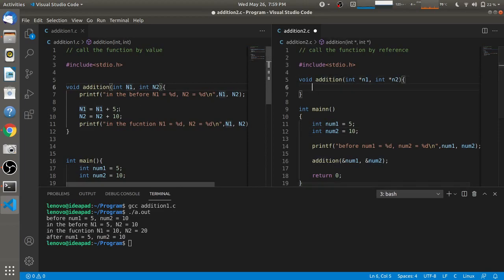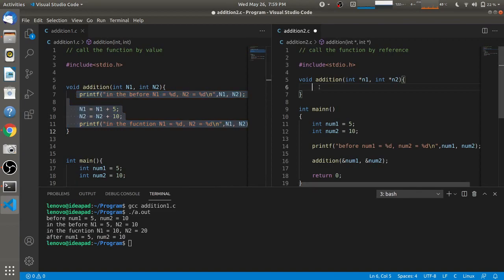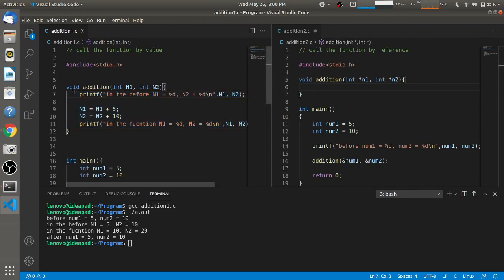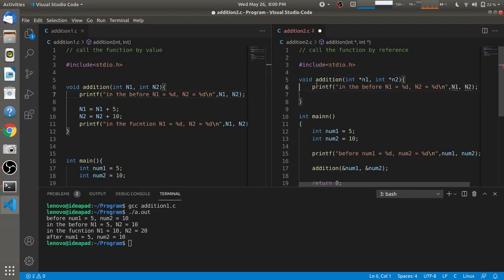we'll do the same operation here. So I will just copy this code. I'll just copy this first line of printf and modify it, and I'll print those values using n1 and n2.